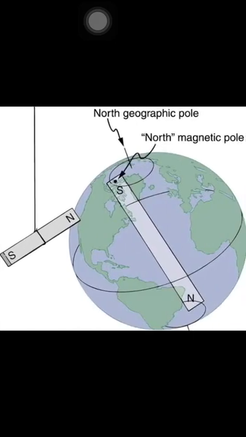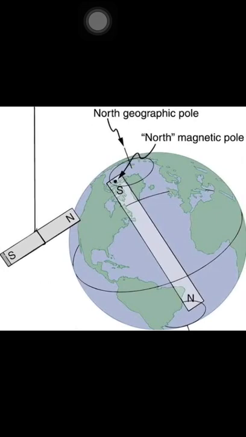Now what is the reason behind this? As you can see here, in this case also, when the bar magnet comes to rest, a suspended bar magnet will point roughly north-south. The north-south of the bar magnet, and the geographic north-south. Now here you can see the reason behind this. We are talking about the north geographic pole and the north magnetic pole. One is the north magnetic pole of the earth and the other is the north geographic pole.